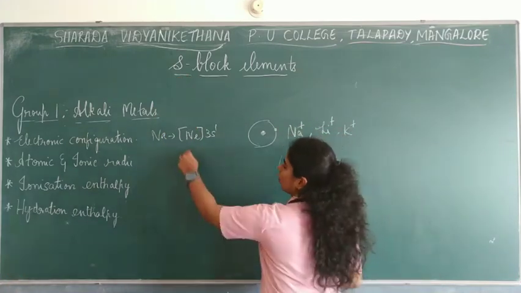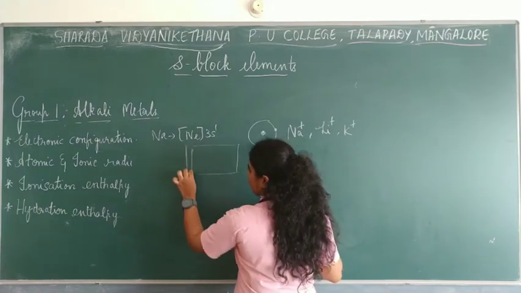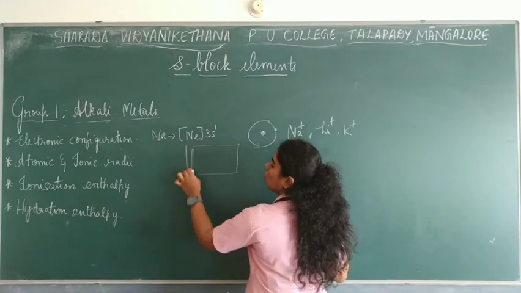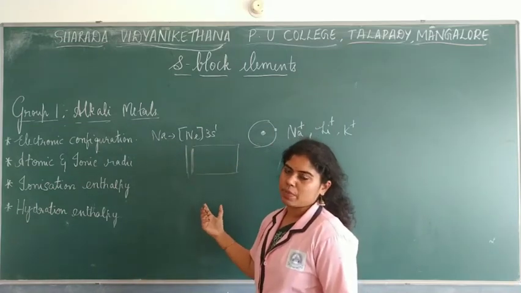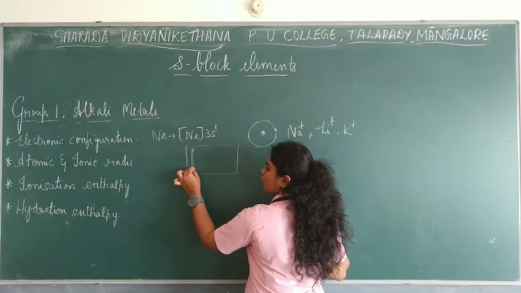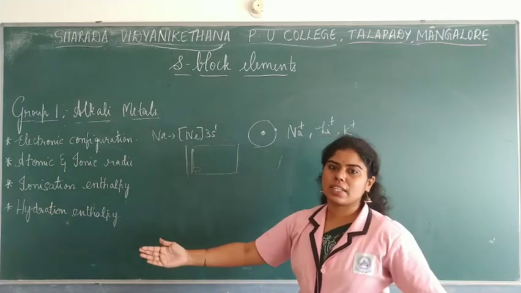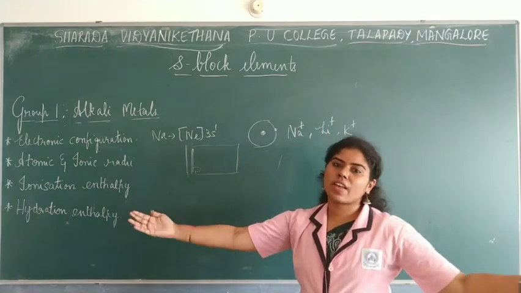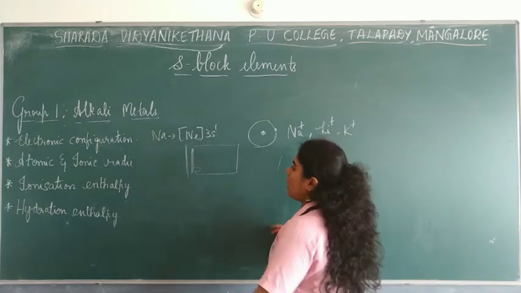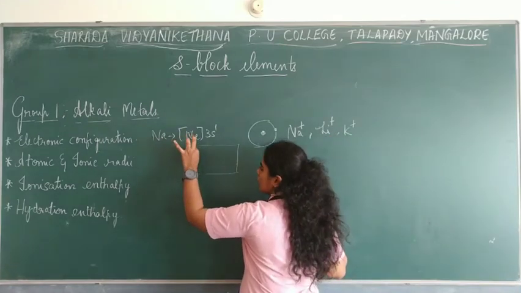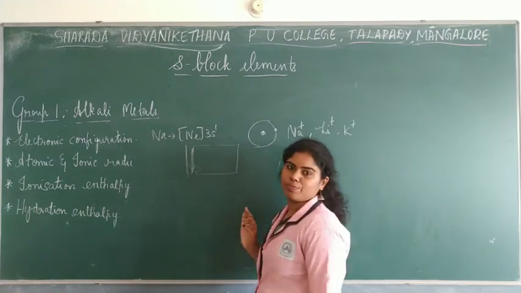So the first group elements, which are present, now suppose this is the periodic table, the first group elements, that is alkali metals, will have larger sizes when compared to all the other elements. Because the one electron which falls into the valence s orbital occupies a different shell itself, like 3s, 4s, 5s and so on. So the size also keeps on increasing. But how would be the variation of the size?